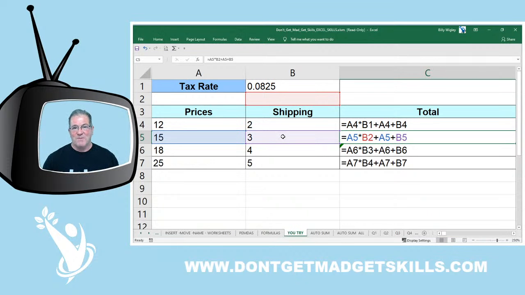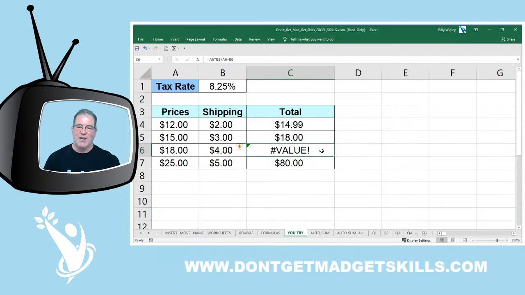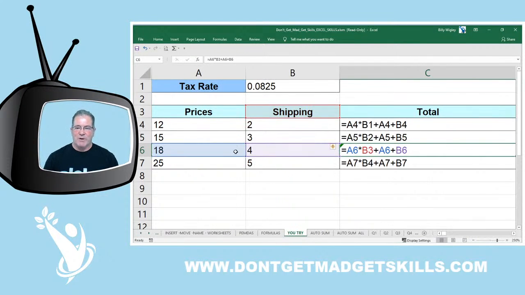What's the problem? See? That's right. It should be B1 that we're multiplying. Now watch this. We go down to the next formula, and this one says A6 times B3. And so the error that we're getting here, it's called a value error. And the value error means that we've got conflicting values. And what I've got here in this formula is we've got A6, which is a number value, 18,